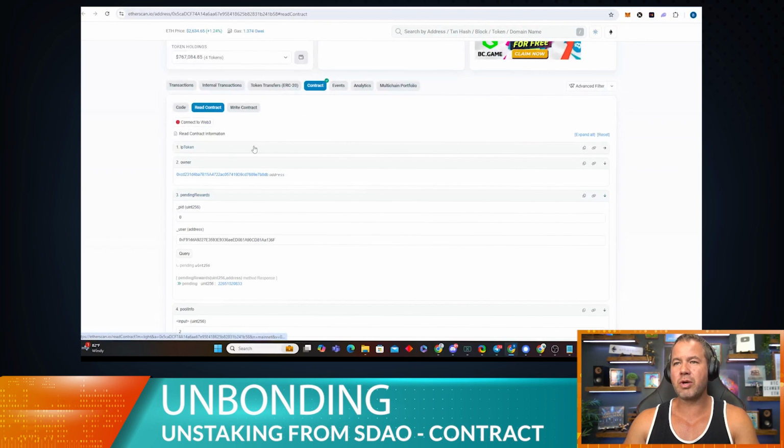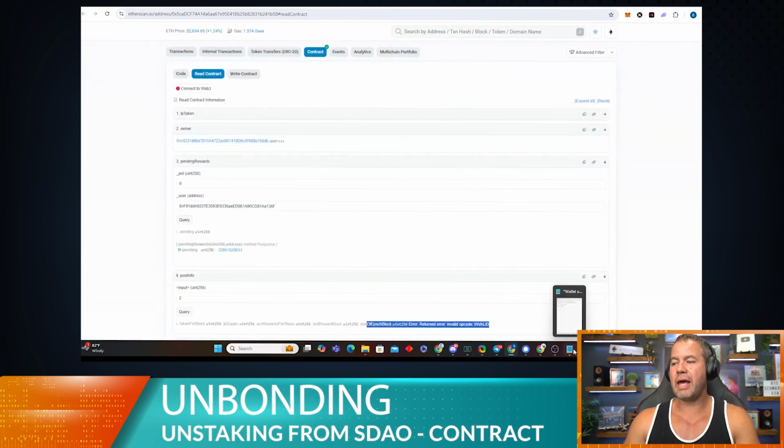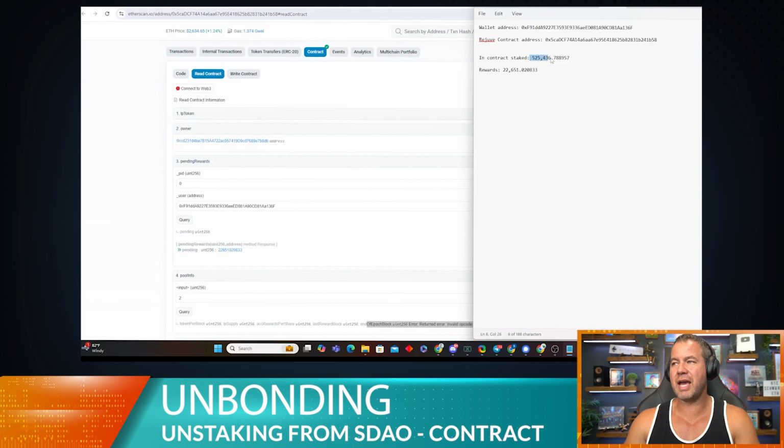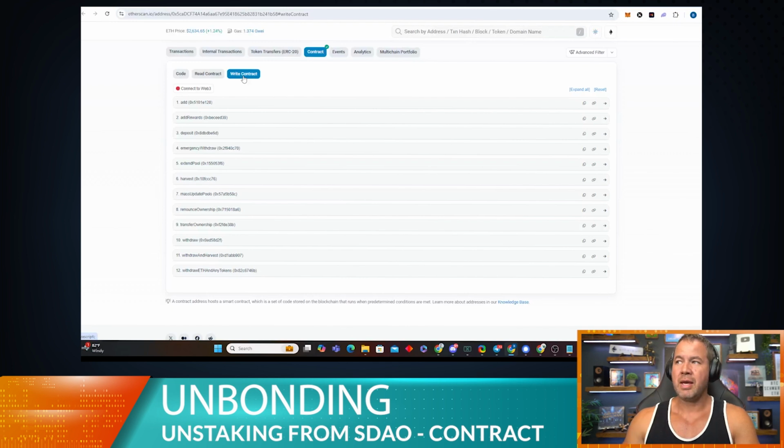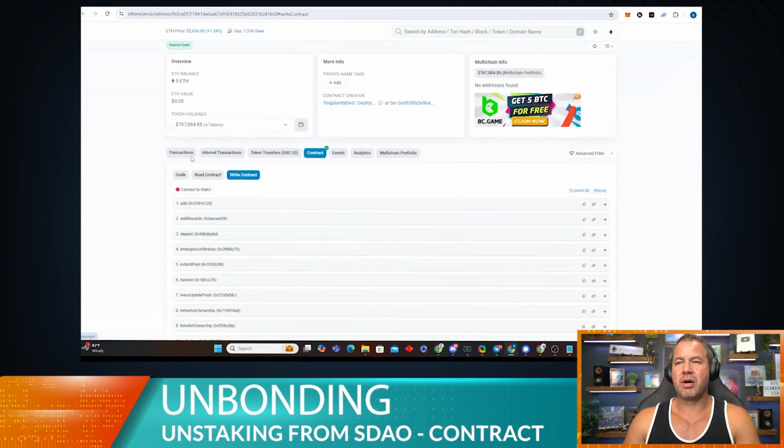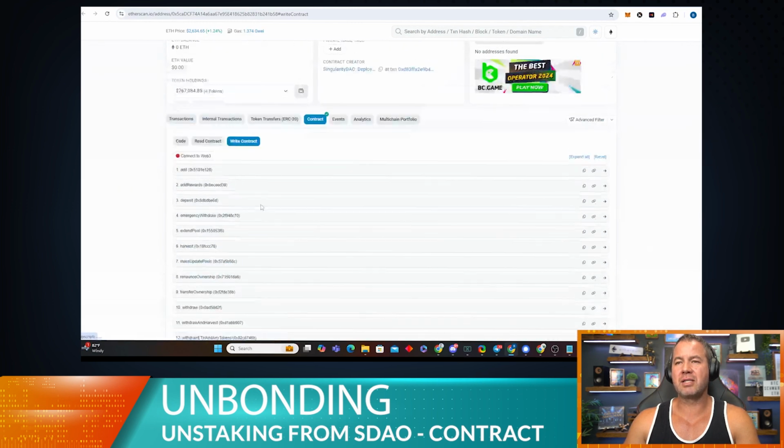So then we would go over, now we know how much we have in the contract staked, okay? We also know our rewards, okay? Easy peasy. So now we want to pull those out. So let's go ahead and go write contract, okay? And anytime you want to interact with EtherScan, you need to connect to it. So this button right here is connect. You can read without connecting, but if you want to actually write and submit a gas transaction, which is on